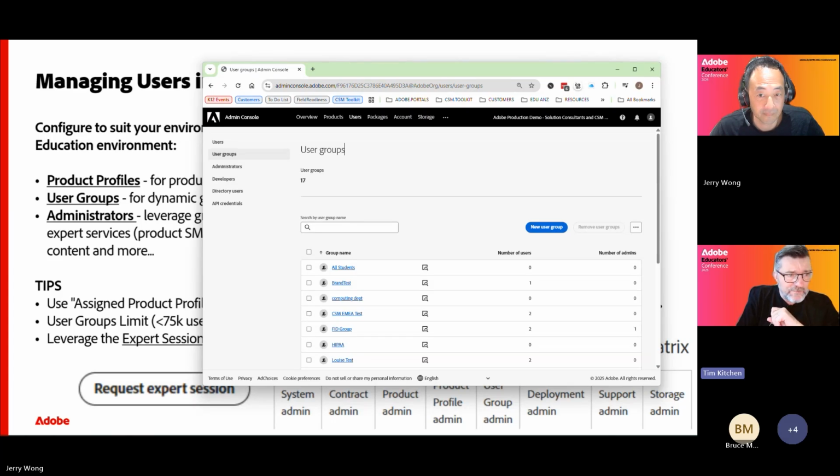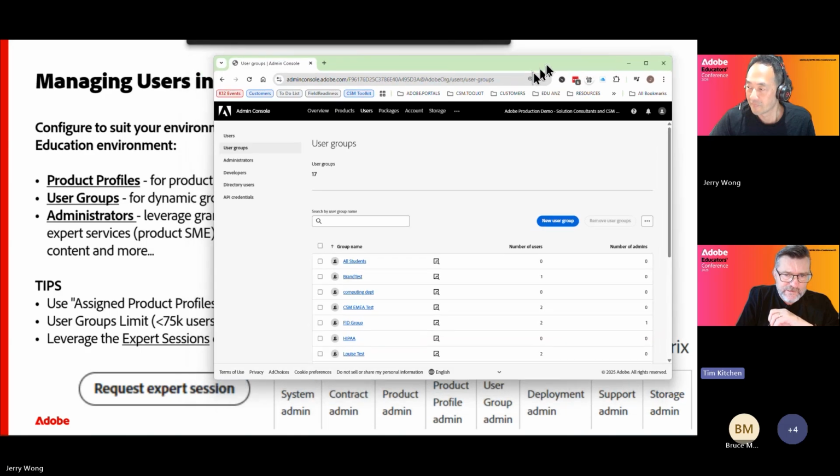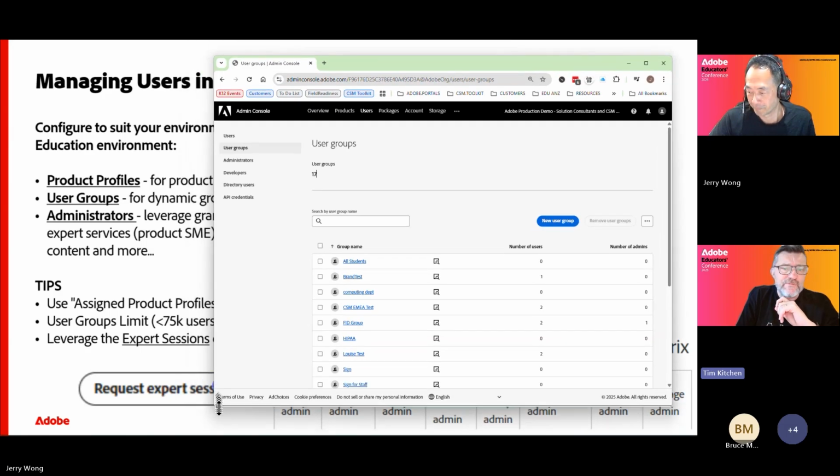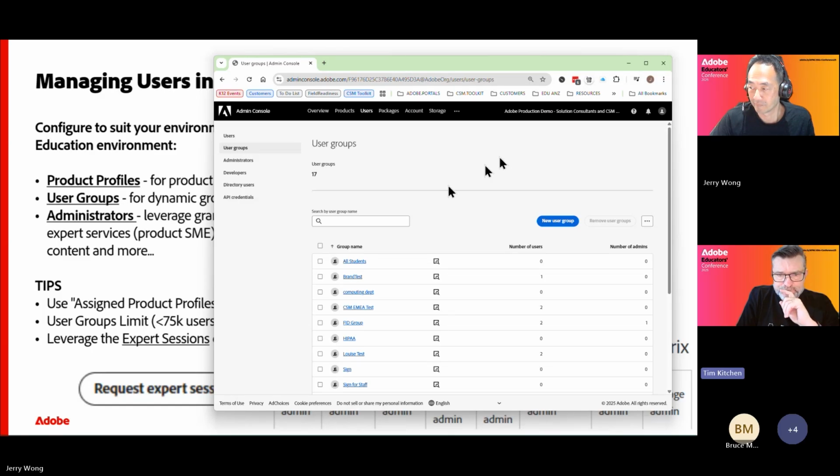Roland from the Philippines says, hi, Jerry, is there a reporting feature in the console that enables an organization to see if they are utilizing the license? This has been a frequent question here for schools that I encounter, especially if they want to invest or renew again. Yes, look, the console is a management console.